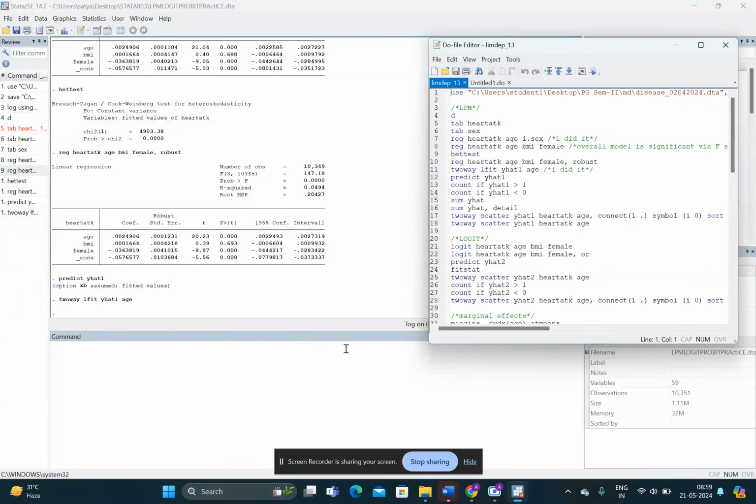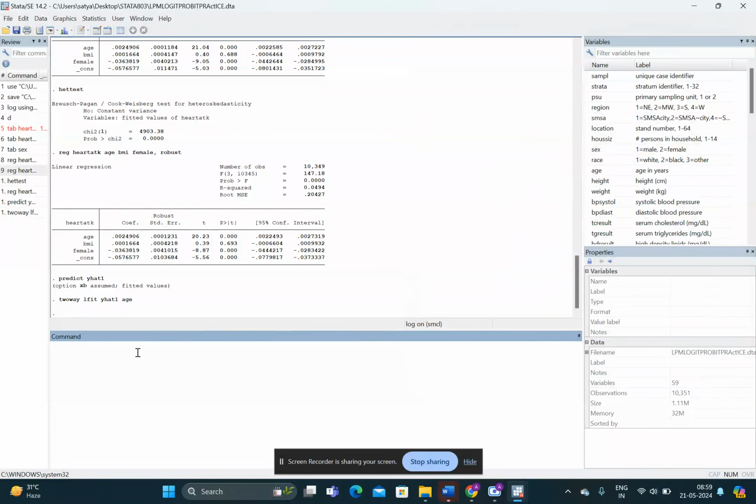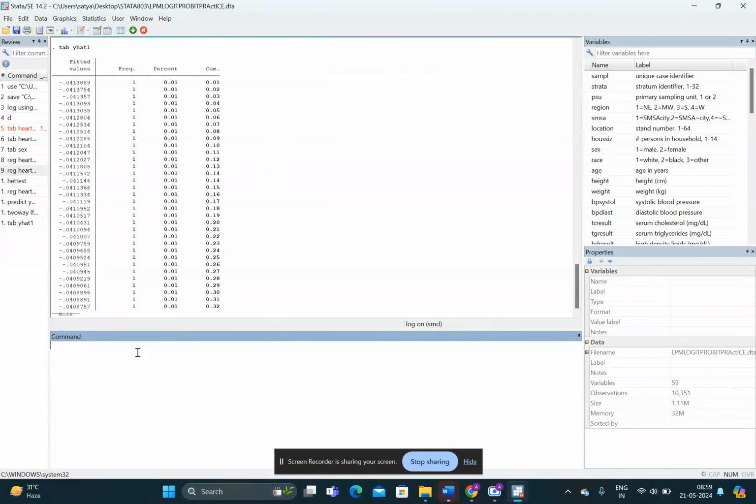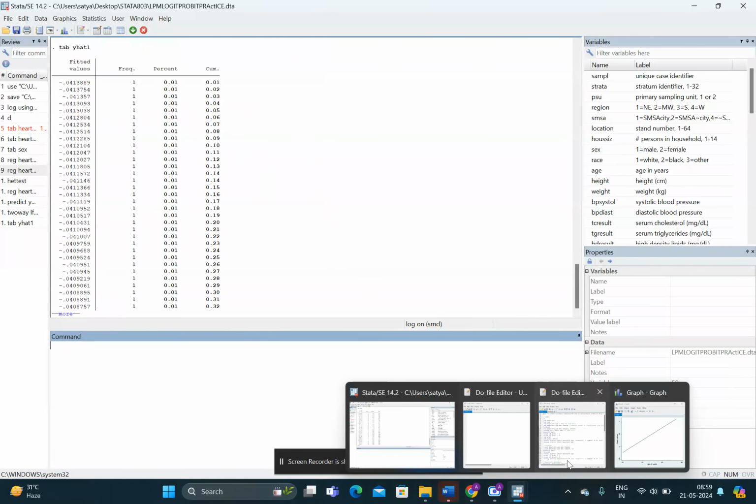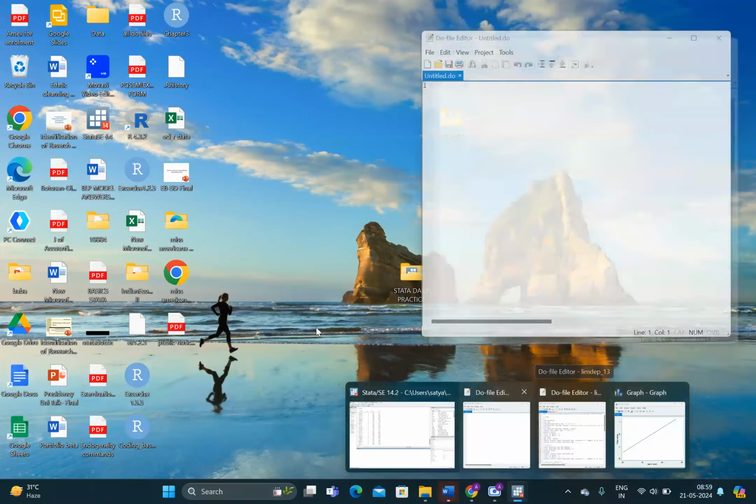Okay. So now after that, we will see how many of these y hat are greater than 1, and how many of these predicted values are less than 0. That means how many of these values do not lie in the bounds of 0 and 1, where ideally a probability should lie. Okay. So we can do that, or we can just do tab y hat also. Oh no, sorry, not tab y hat. What? Sum y hat.